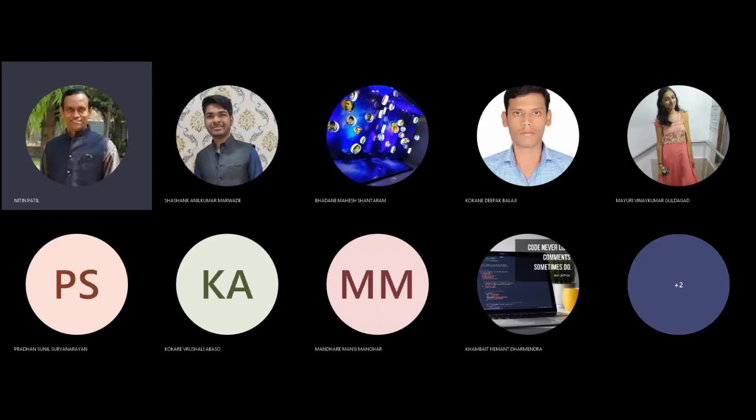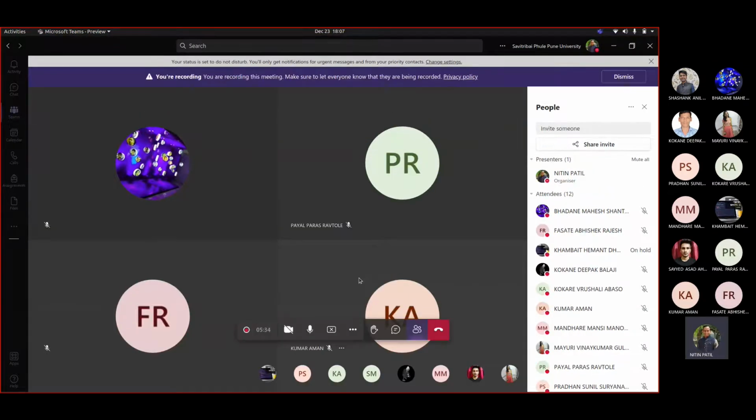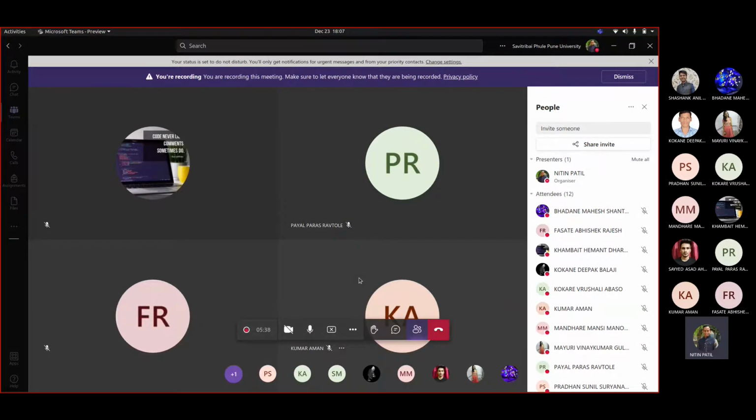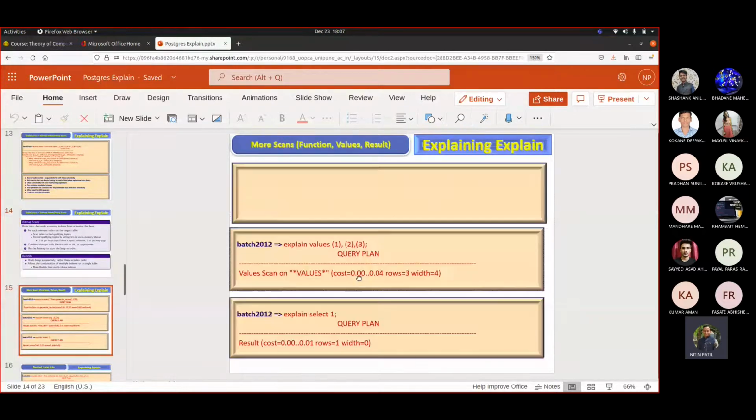What are the different plan operators we saw? Okay, we'll move further and address a few more other important aspects of it. So we talked about this. Let us see these different other scans that may be available, like, for example, if you use the generate_series function. Let me show you how it works.